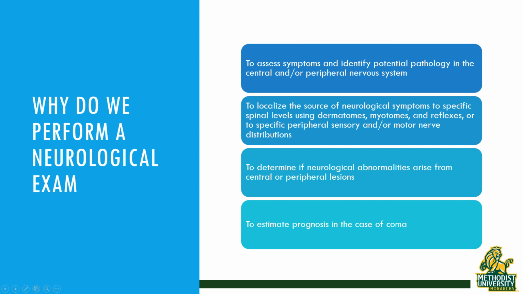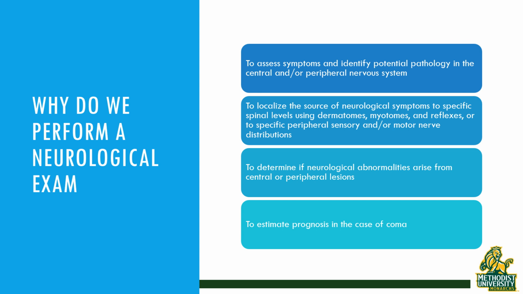So there are a few reasons why we perform neurological examinations. The main one being to assess symptoms that are brought to us by a patient in order to identify potential diseases and disorders that occur in the central and peripheral nervous system. We use various elements of the neuro exam to localize the source of neurological symptoms, using maps and tools like the dermatome map, myotome maps, using reflexes. All of these things can help us figure out where a lesion is,